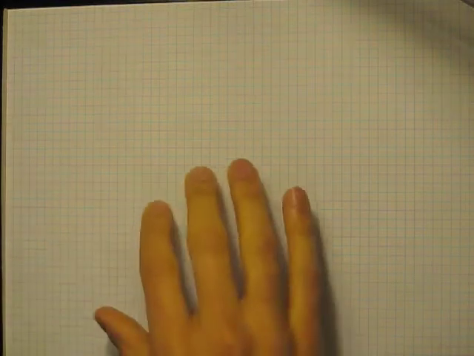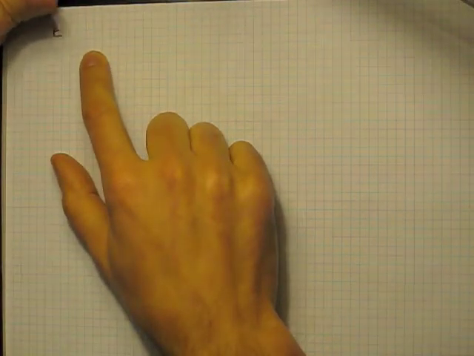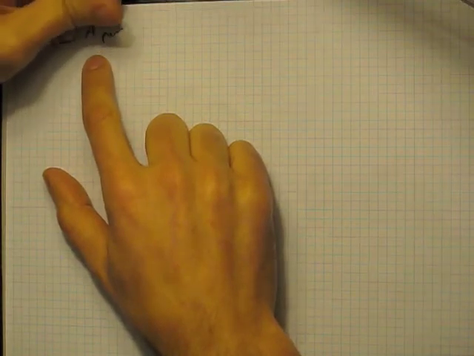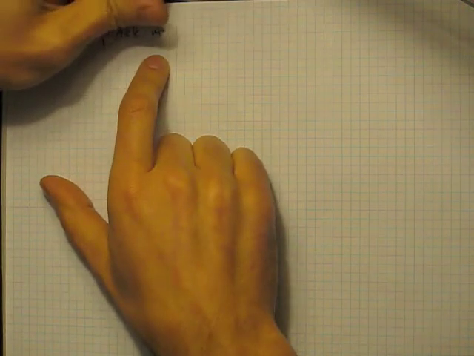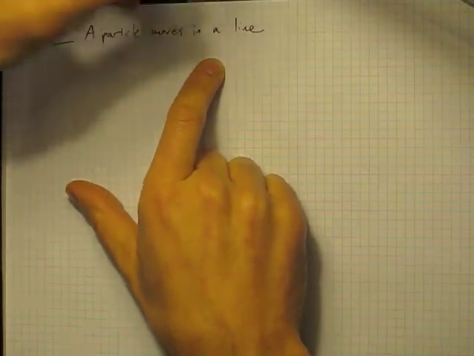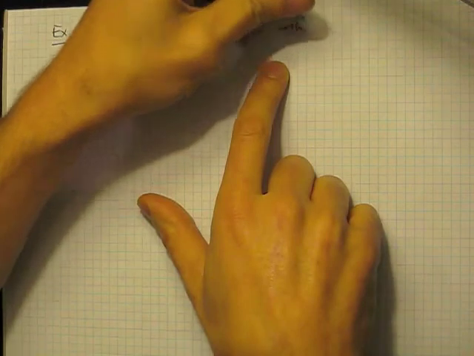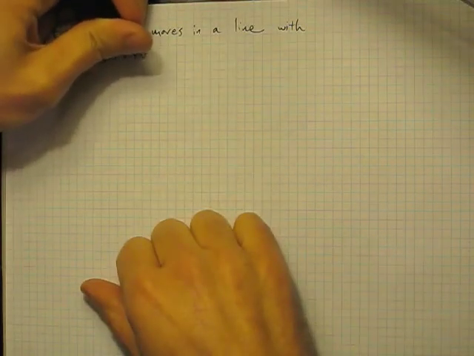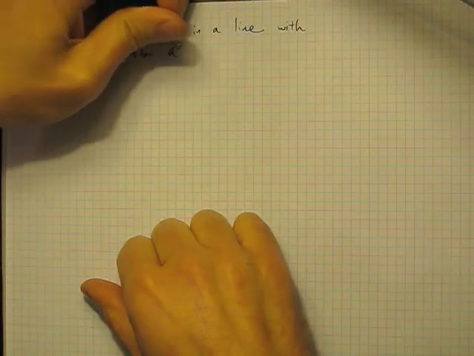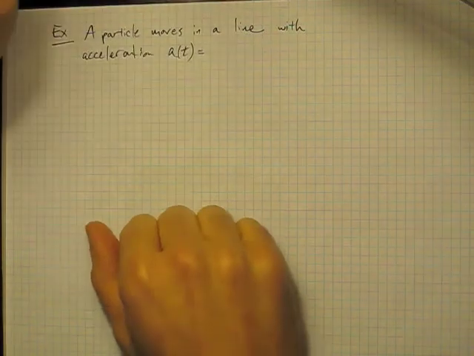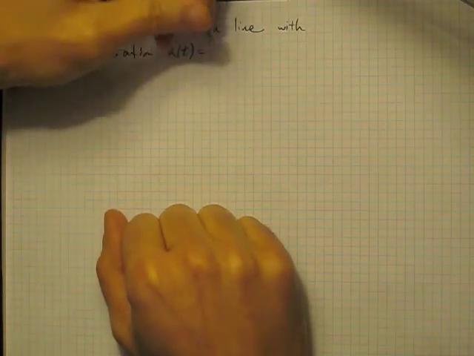All right, let's see a specific example of this particle motion. Okay, so a particle moves in a line with acceleration, let's call it a of t, how about 6t plus 4,